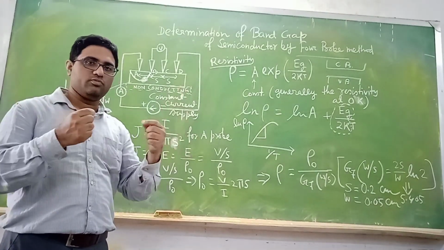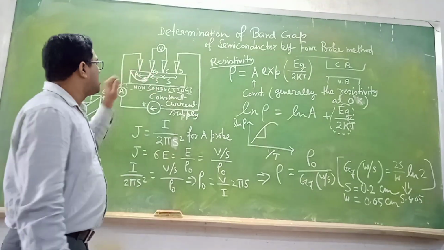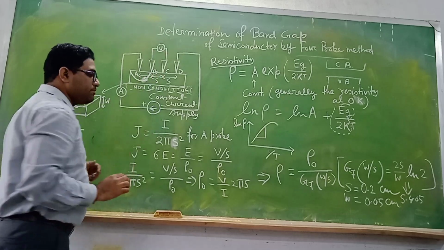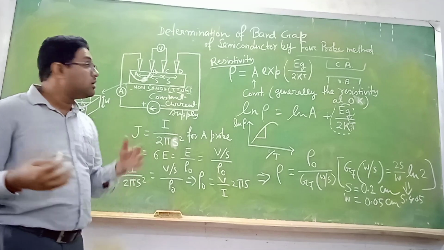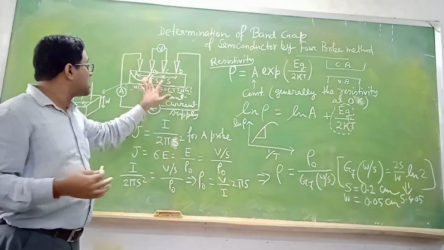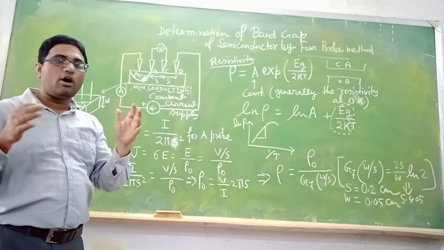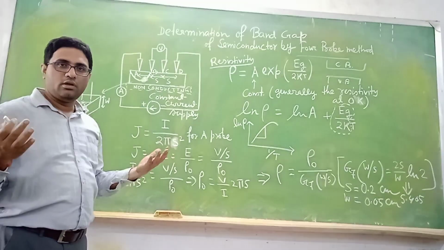There will be only 2 probes. But why are we using 4 probes? Because when we are sending this current, you know that the impedance or resistance of a voltmeter is very high. So the current will not go inside this probe through the voltmeter. So the current drop across this voltmeter will be very small. There will be no drop, right?